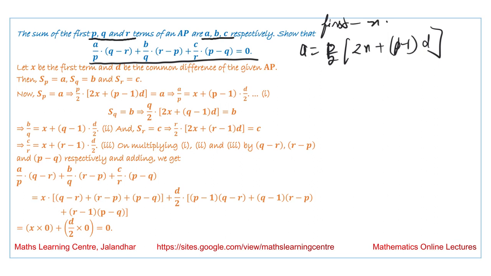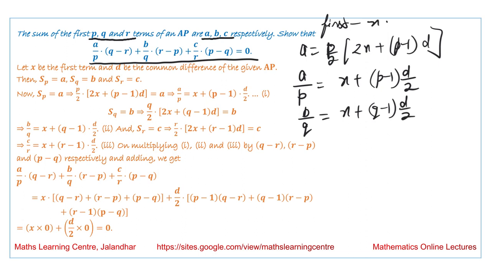So from this equation we will obtain that A by p is equal to x plus p minus 1 d by 2. Similarly, B by q is equal to x plus q minus 1 d by 2,